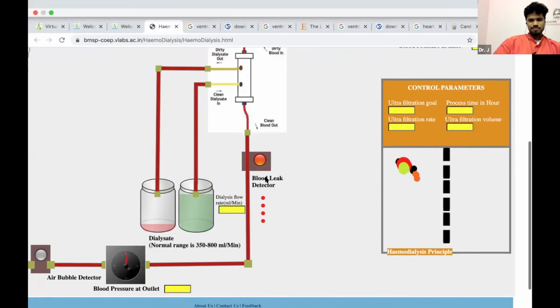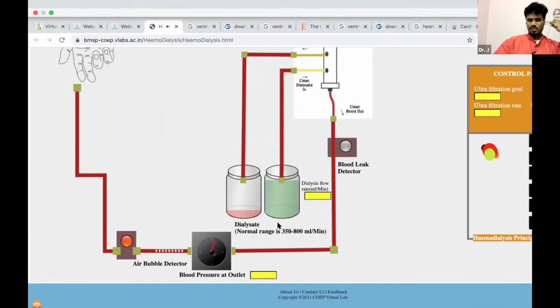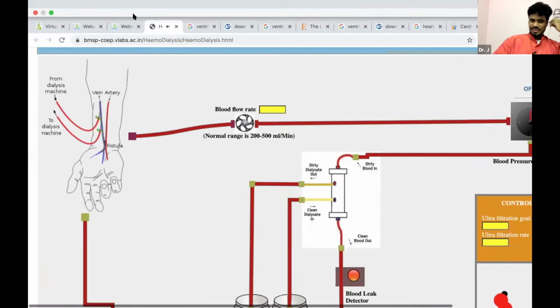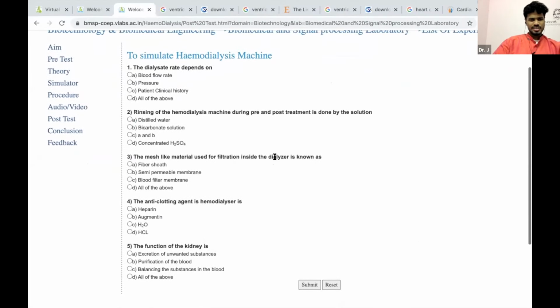Then we have some checks and filters. You don't want any leaks. We don't want things to clot. We don't want any bubbles and all that. And yeah, what is going on? You apply a pressure, you have tiny pores. Some particles move through those pores. So we have these membranes, whatever is the black line shown here, we have thousands of them, so that you separate impurities from typically big ones or proteins that you want to retain. This is what happens in the dialysis machine. The counter current flow is important. Other than that, things are not that interesting.